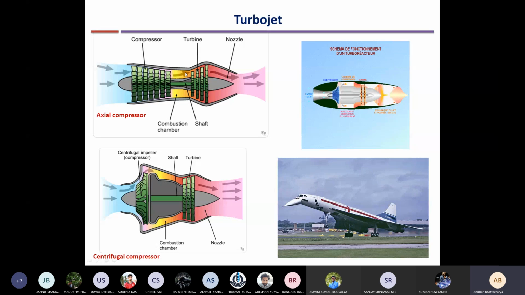All these parts, remember, we will study later. The combustion chamber also we will study separately in detail. Then you have a few turbine stages. The number of turbine stages here is less as compared to industrial turbines because you need just enough power to run the compressor. You don't need any extra power. So it just extracts enough power from the hot fluid to run the compressor stages,